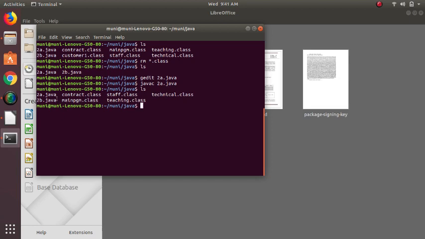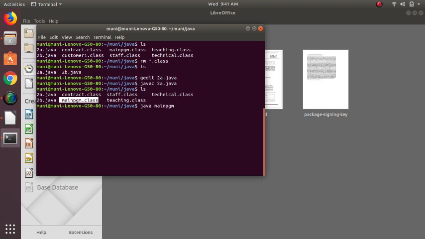But if you want to execute the program, you need to use the MainProgram class, because the main function is present in this class. Of course we have other classes like Staff, Technical, Teaching, and Contract. They belong to the program, but they do not contain the main function which supports the execution of the program, right?